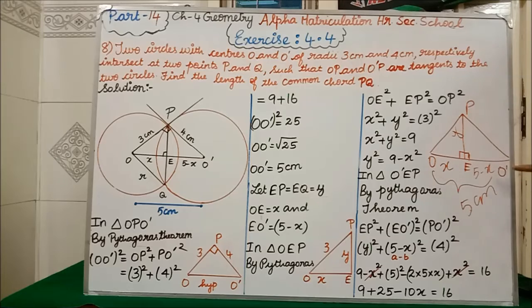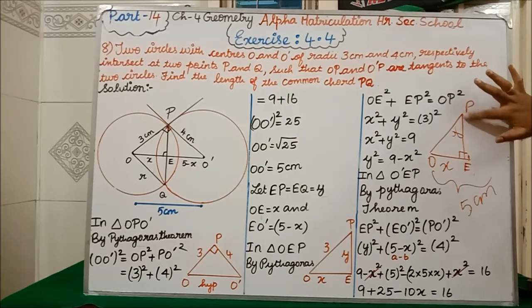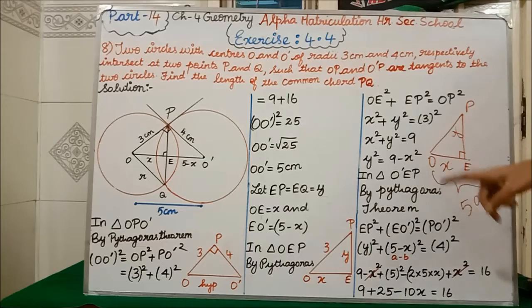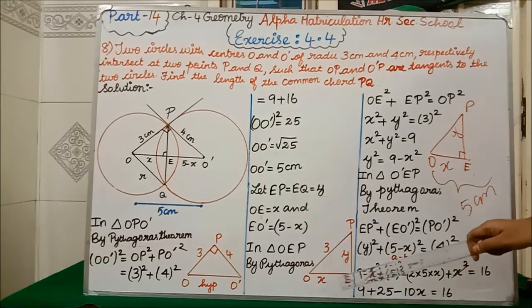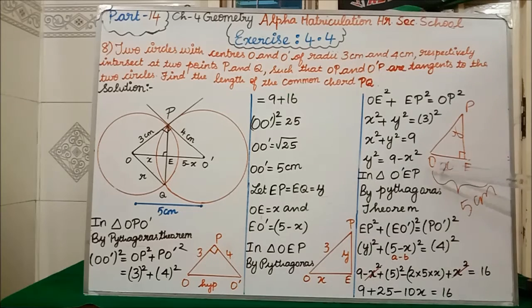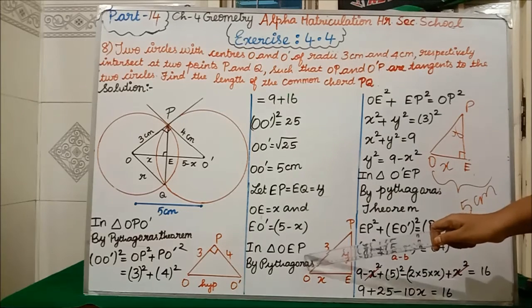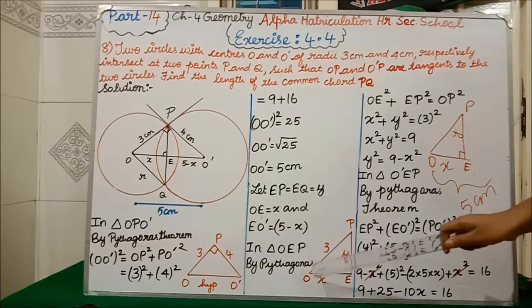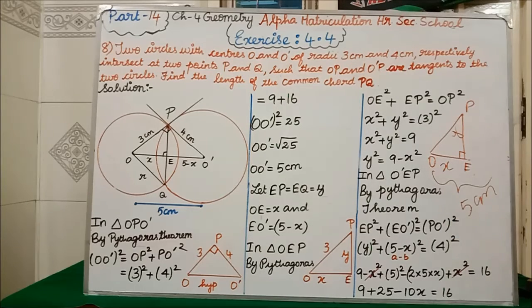Now in this full triangle, we are going to take only this portion. See, only this portion we are going to take. Clear? That only I have drawn here. The same diagram I have drawn here. From the full part, we are taking only the first half. So, OP here is 3, with sides x and y. Now, in triangle OEP, I have written, isn't it? Since E is 90 degree, we can go for Pythagoras theorem. How can we write now?